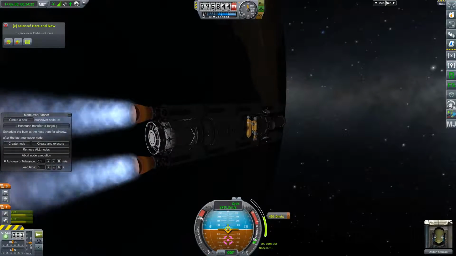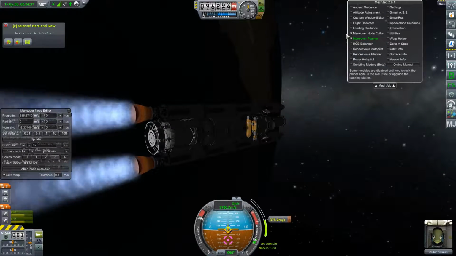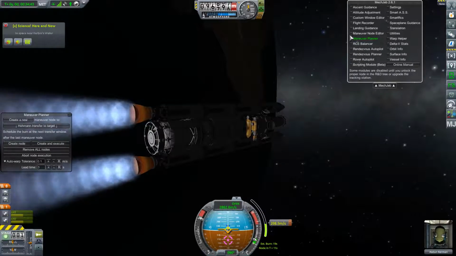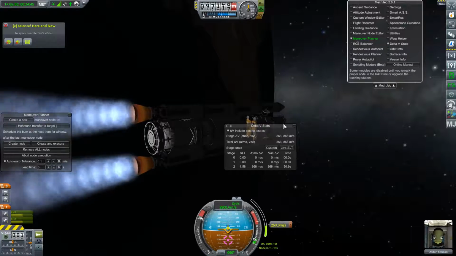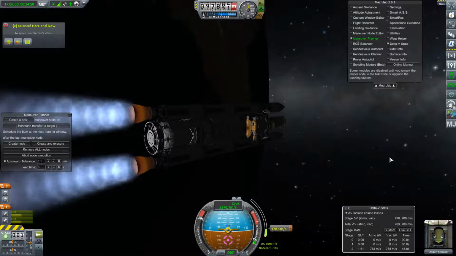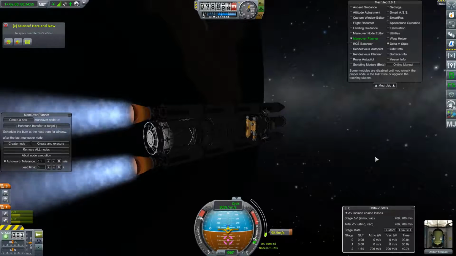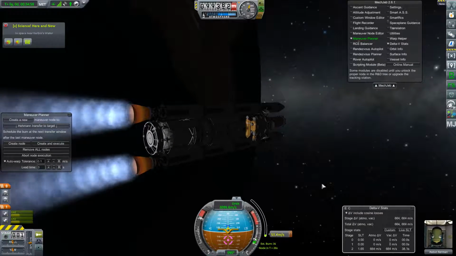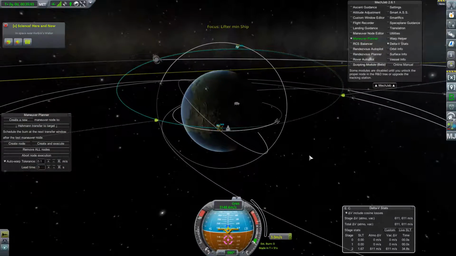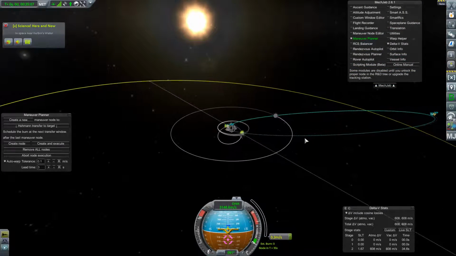800 is a decent amount of our delta V. It's about close to half. Actually, a little bit more than half of our delta V. Let's see, where's our delta V? We started at 1700, so it's just a little less than half. But then it's 880. Oh, well, probably exactly half of our delta V. Oh nope, a little bit more. Okay, now that we've burned, we will